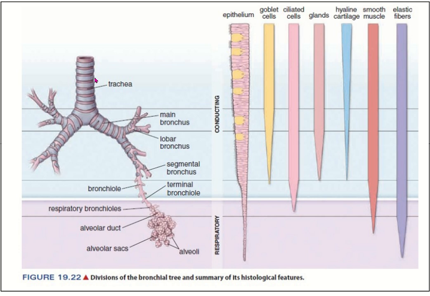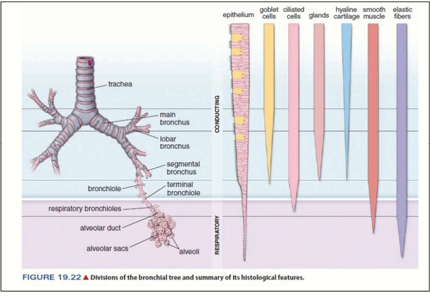Here no gaseous exchange occurs, only conduction of the air. The temperature and dust particles are removed in this part of the respiratory system. The next part of the respiratory system is the respiratory part, which starts with the respiratory bronchiole, alveolar duct, alveolar sac and alveoli. So the whole respiratory system is nothing but a test tube, and the